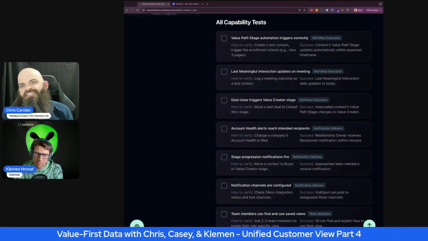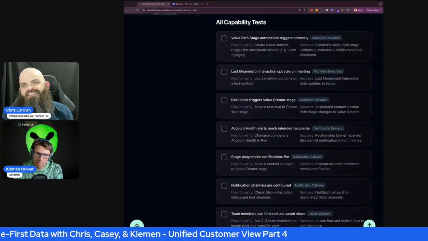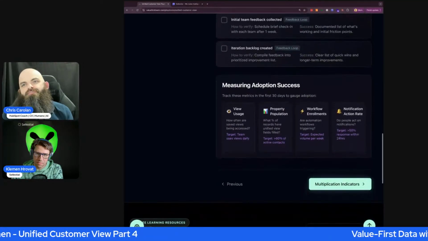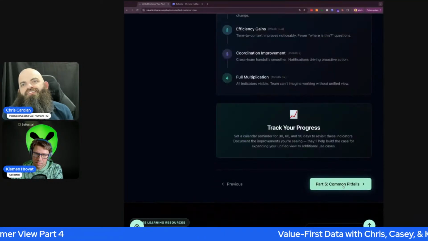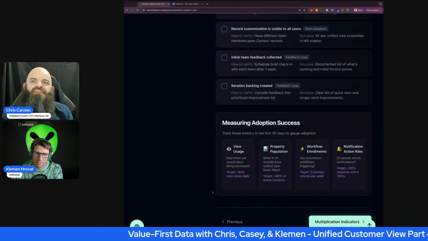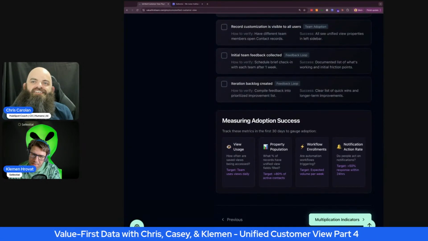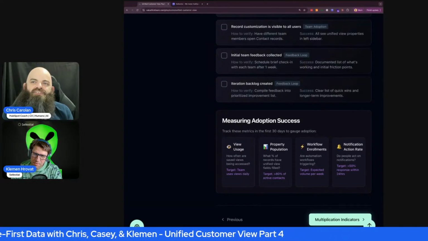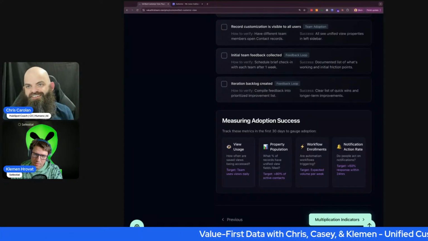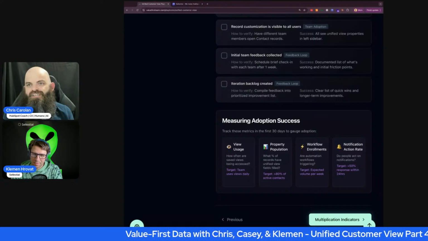So let's see what we got on the next page here. Let's go back and look at measuring adoption success. All right, track these metrics in the first 30 days to gauge adoption. Probably hard to do some of this, depending on the systems you have.